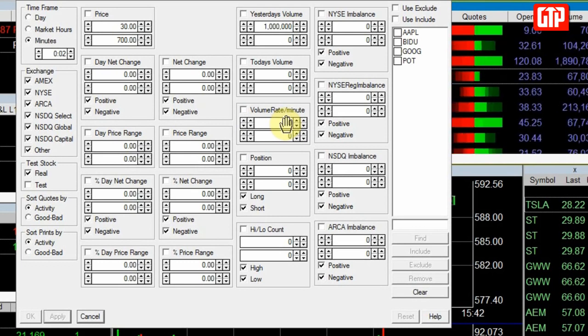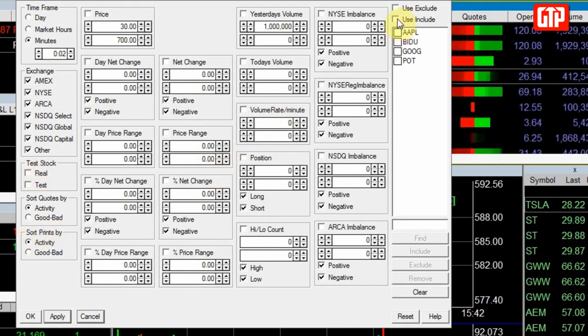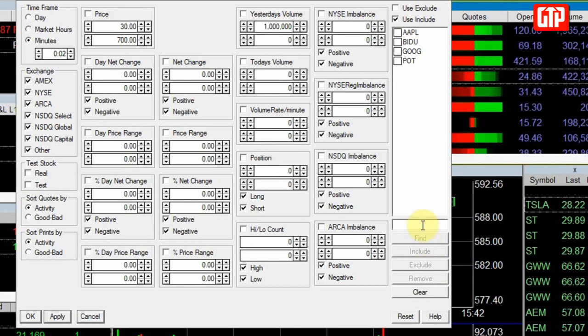You will also use the market sorter to create your own custom watch list. And the way you do that is you get rid of this check mark, check the include, put in the stocks that you wish to see,